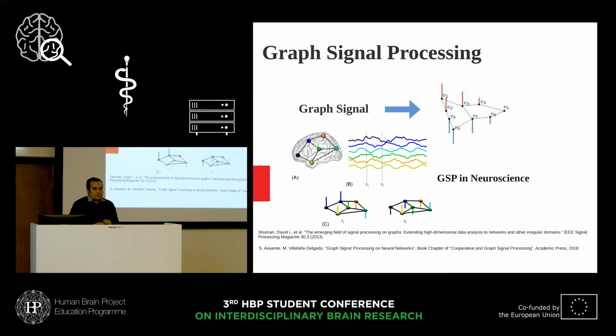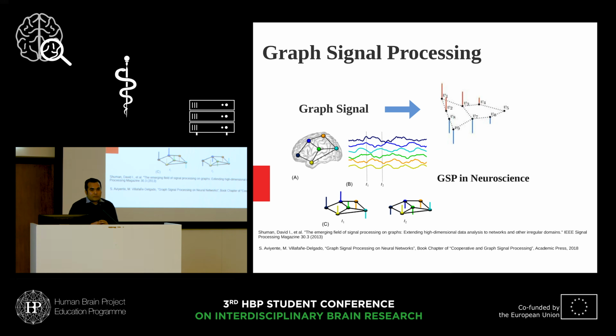The method that we used to study these patients is graph signal processing. Simply saying, what is a graph signal? When you have a weighted graph, and you put some values on the nodes of the graph, you will have a graph signal. In neuroscience, we usually use time series instead of just specific values. So we put time series on the nodes of the weighted graph, and at each time point, we have a graph signal for analysis.